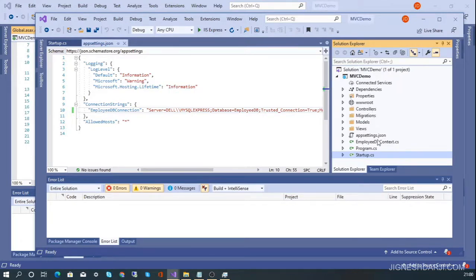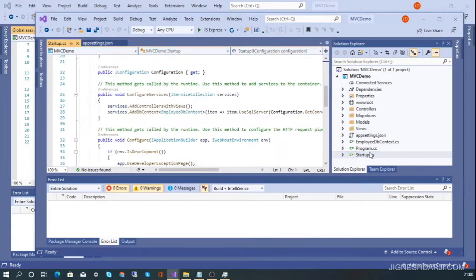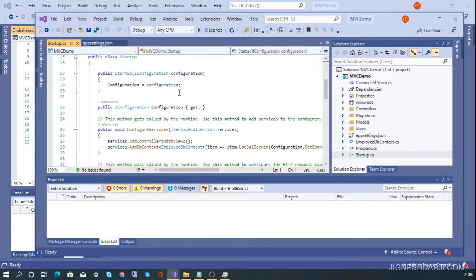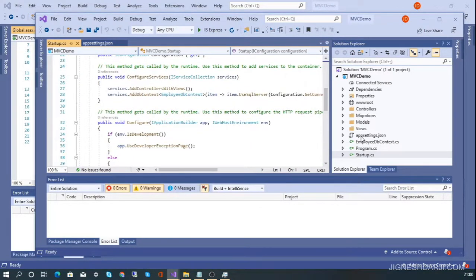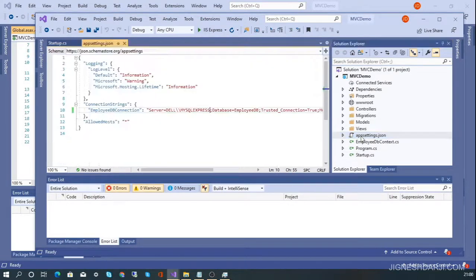Along with that, you can check there is no web.config here. For the web configuration you have to use the appsettings.json file. You can also check there is no Global.asax file. For the global configuration we use the Startup.cs file in this Core MVC project. You can configure all the startup related things in Startup.cs, and you can specify the configuration settings, like in our web.config, in the appsettings.json file.